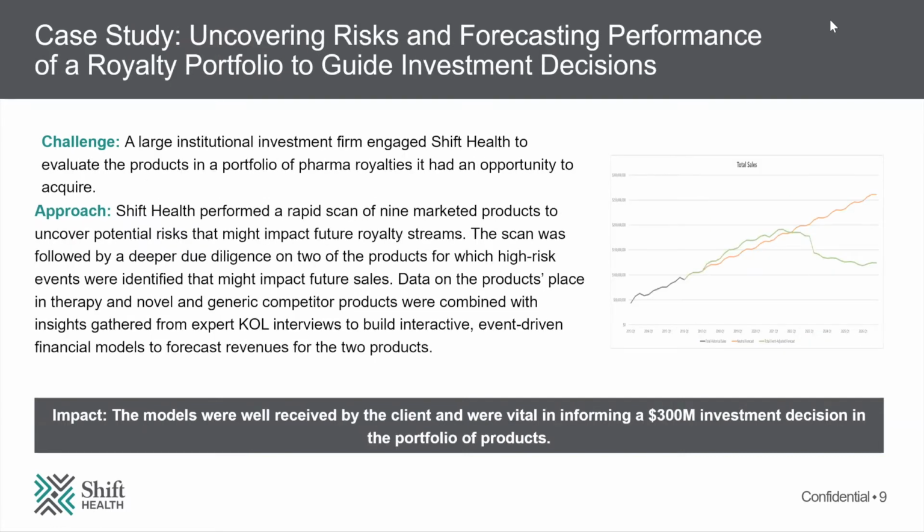And then just the last case study that I'll highlight is really one of our work for investors. Here we worked with a large institutional investor in understanding the potential future royalty streams of a portfolio of 9 different products. This required us to get on the phone and speak with various clinicians to understand their thoughts on how the treatment paradigm was changing for each of these different disease areas, taking a look at the pipeline of new products that were coming to market, particularly generics that had the potential to disrupt the market with lower prices,